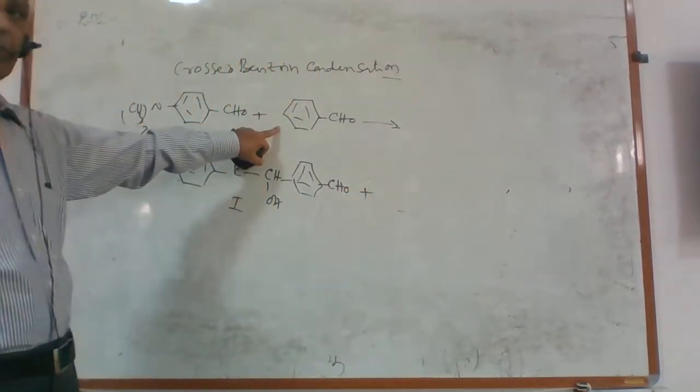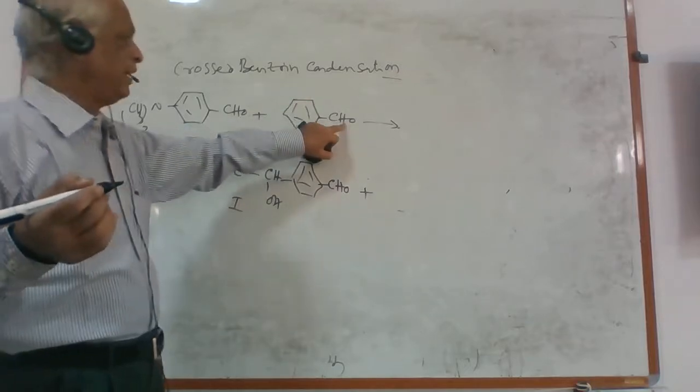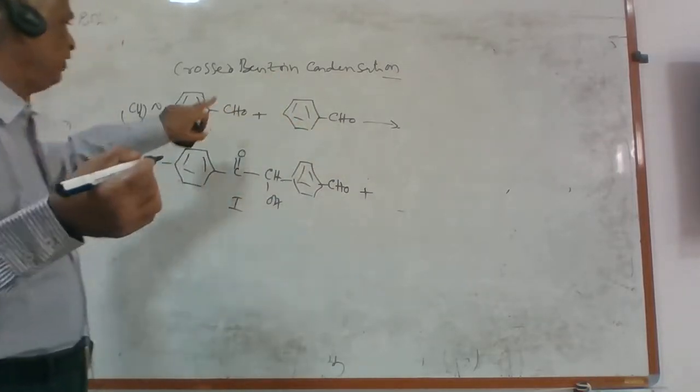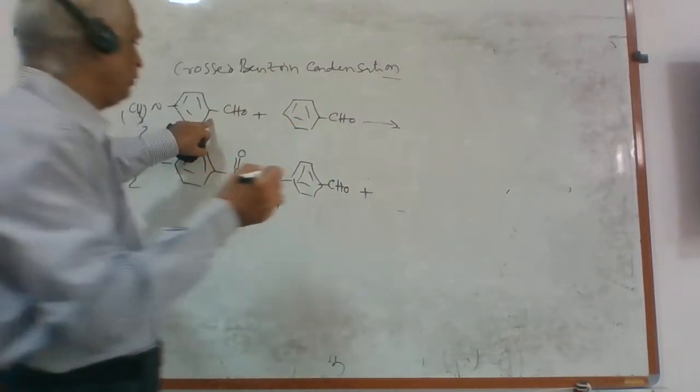For example, another theoretical possibility: if benzaldehyde forms a carbanion and it is accepted by para-dimethylaminobenzaldehyde,